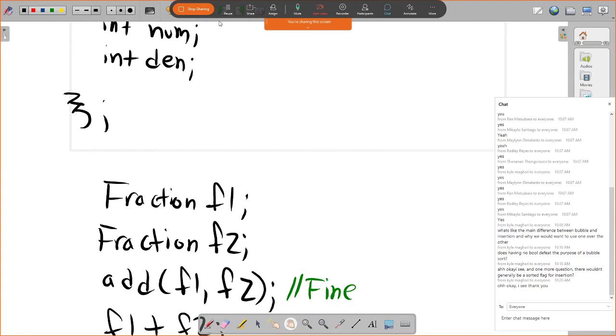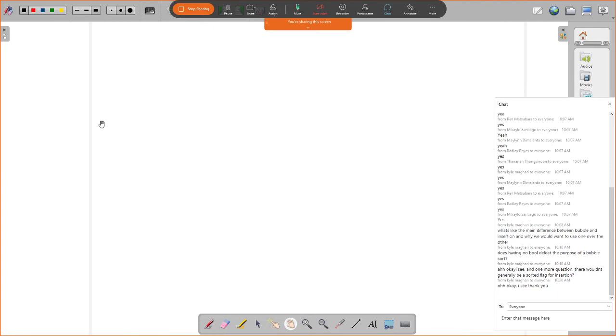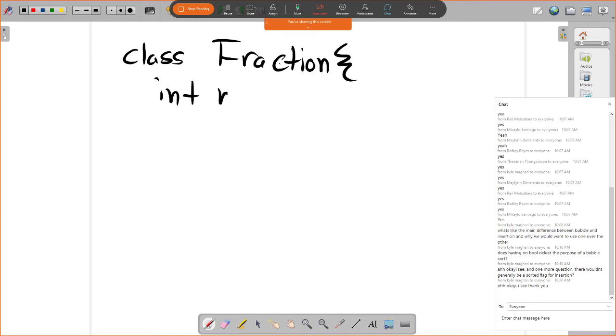And so the only other thing to note about that was the fact that if I write, we'll just use the fraction class again, I'll say n and d. If I write it as a member, so if I say public, and then I write the operator plus,